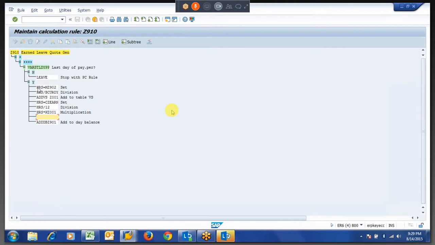So what I am telling is here we are getting 2.5 with this mathematical calculation. So again what we will do is we can add, right, plus, then I am calling from Salado table with a time type called Z903. So up to here you got 2.5. In this time type you got whatever he is eligible when he was in probation period. Then I am going to add to this time type, which will generate the quota.